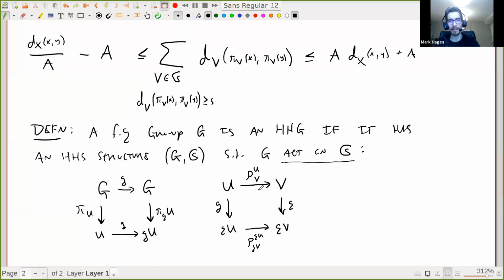So if you went through the data in an HHS and just thought of what was the most natural way to say what it means for a group to act on all of that data, then this is the definition that you'd come up with. And so that's what it means to be an HHG,